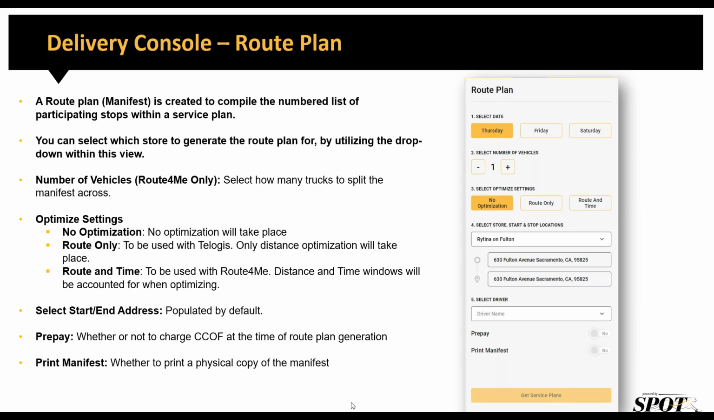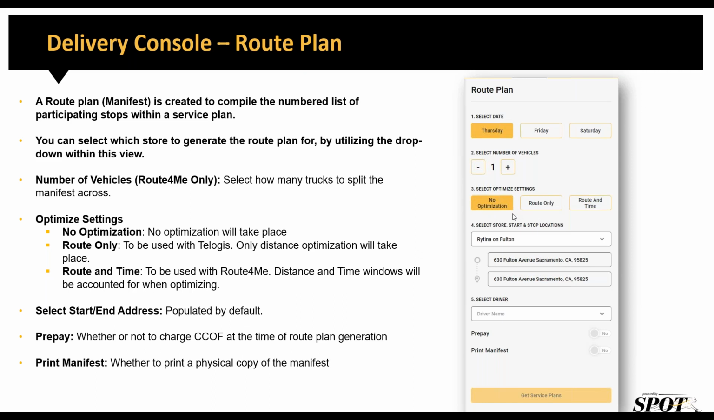Now, if you don't have Route for Me, then the number 2 section here will not appear. Instead, we will go right through to select optimize settings, which is our number 3 on this screenshot. So there's 3 settings displayed here. However, Delivery Console out of the box with Telogis for optimization will only present you with the first 2, no